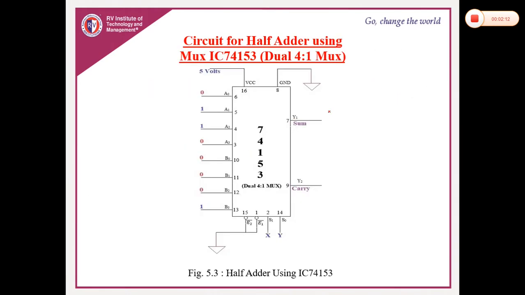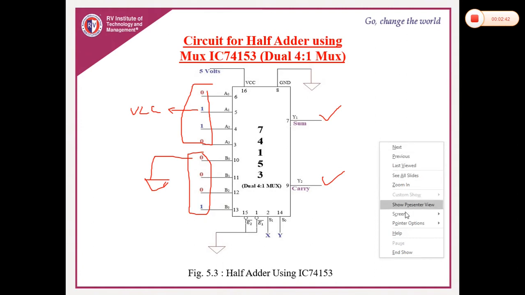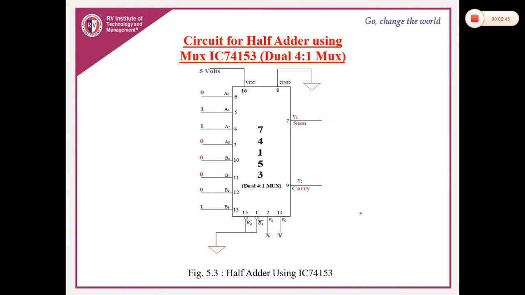I'll just show the equivalent circuit also. This is the half adder implementation. This is the sum output, so we will be getting the sum output. This is the carry output truth table, so you just give it to that particular specific input. Whenever we say logic 1, it is as good as saying 5 volts or plus VCC. Whenever we say logic 0, it is as good as saying ground, or you can just say GND. Okay, we already know this, right? So this is the actual circuit for half adder.